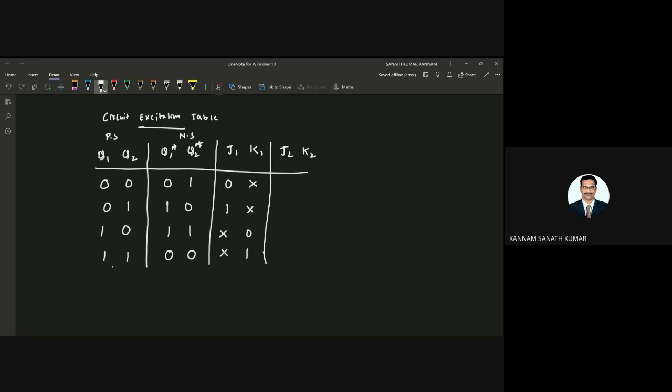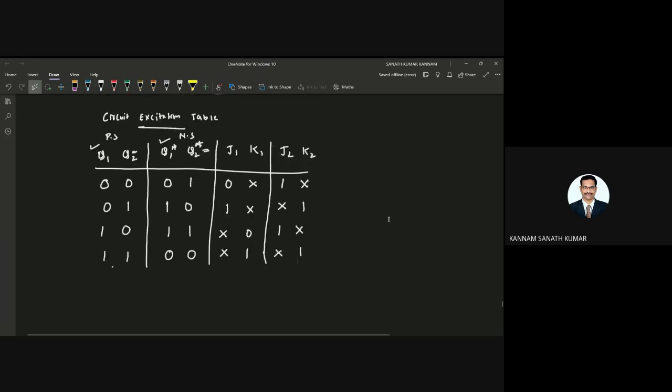By using the excitation table, I'm getting this for Q1 and Q1 star, and next for Q2 and Q2 star, the excitation table for J2 and K2. Q2 is the present state and Q2 star is the next state. So when it is 0 1, you get 1 don't care; 1 0, don't care 1; 0 1, 1 don't care; 1 0 is don't care 1. So you got the circuit excitation table.